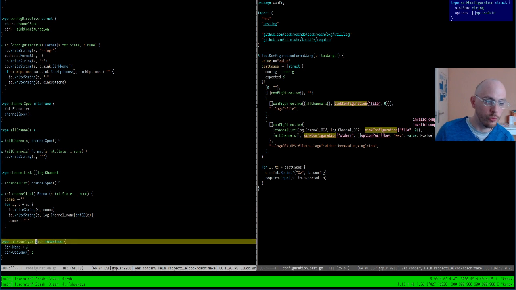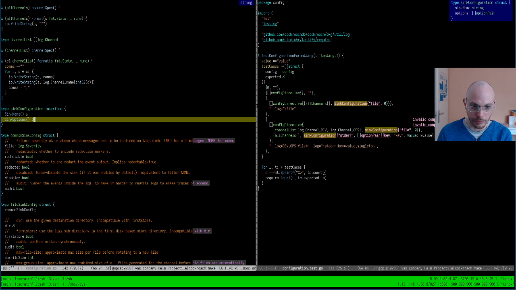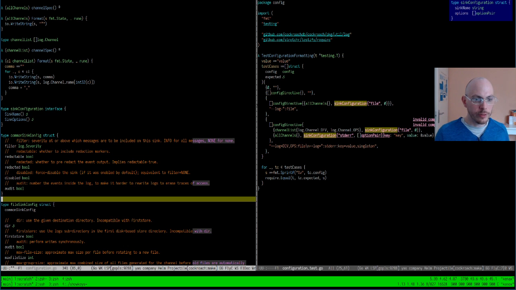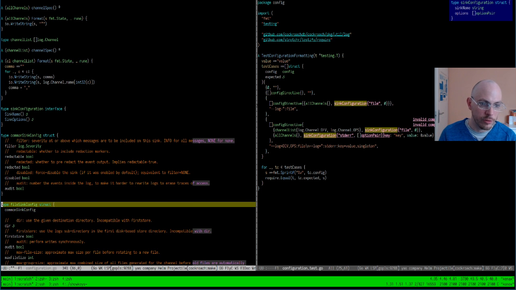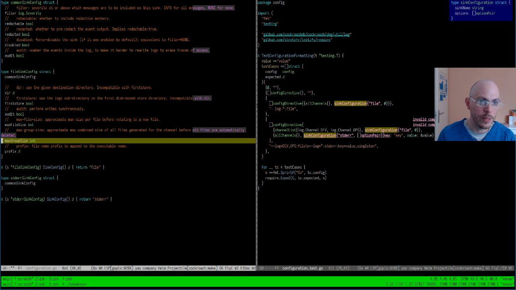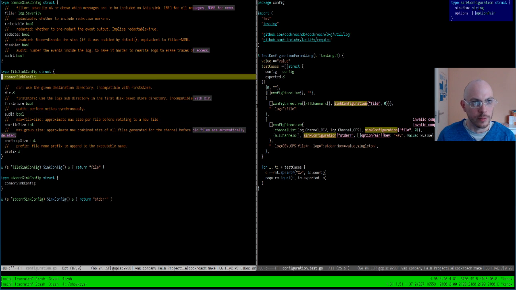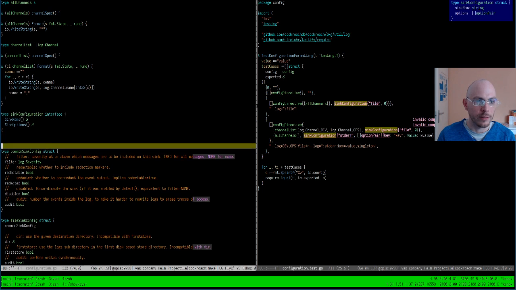I do want to implement sync options on those things. And to do this, I'm going to do sync options on the comment sync or the file sync. I could do them one by one, but I actually don't need this. What I can do is a generic sync options thing.